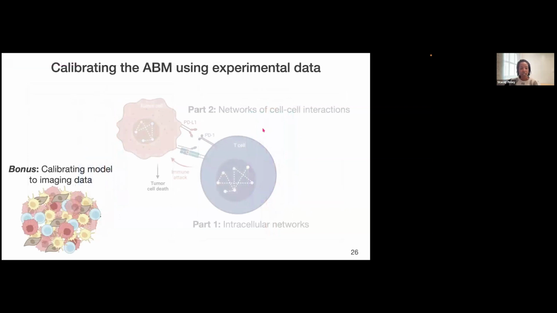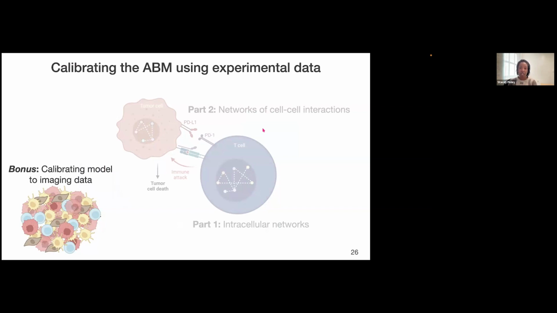I do want to spend a little bit of time talking about how we're thinking of calibrating the model to experimental data. For this second part of the talk, you've noticed that I haven't mentioned at all the kind of cancer that we're trying to represent with this agent-based model. That is intentional for now, because we don't have an agent-based model that has been calibrated and fitted to experimental data. When we think about agent-based modeling, we first had to take a step back and ask what tools we have to fit such a model to